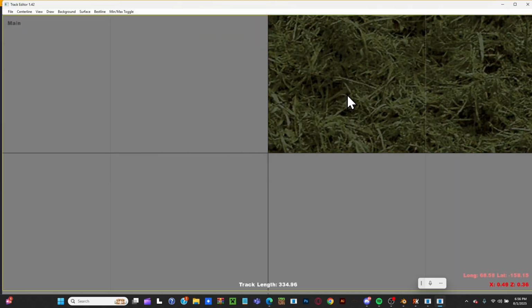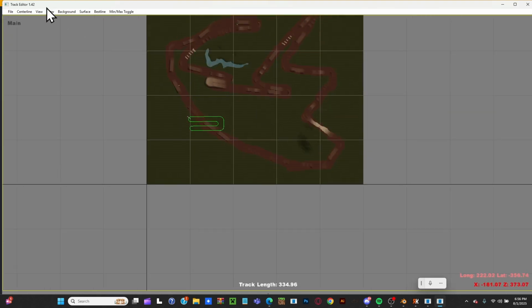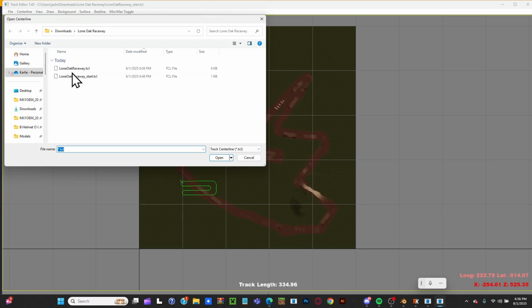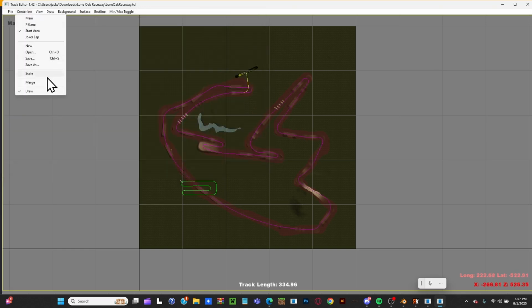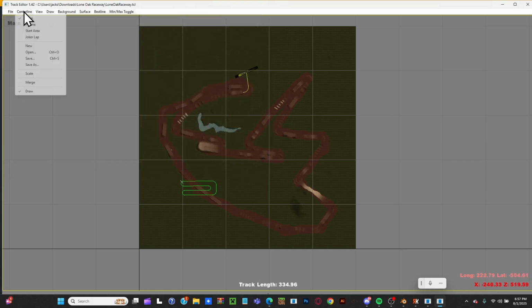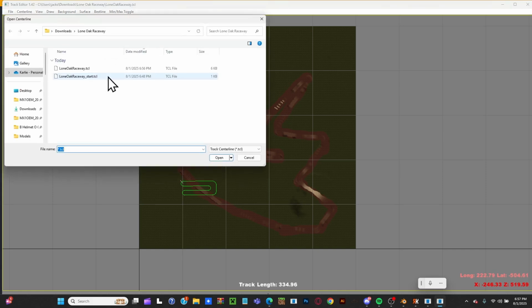boom, draw, wireframe, center line, start area, center line, open, center line, merge, center line, open, center line. Actually, wait, I messed up. Center line, main, exit, nope, not save as. I'm done. Open,